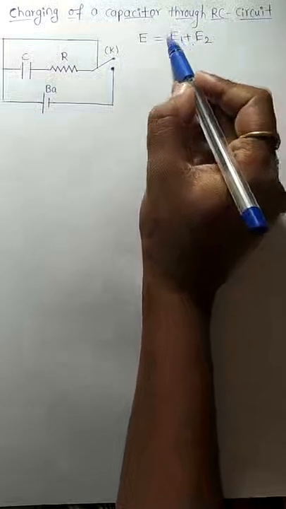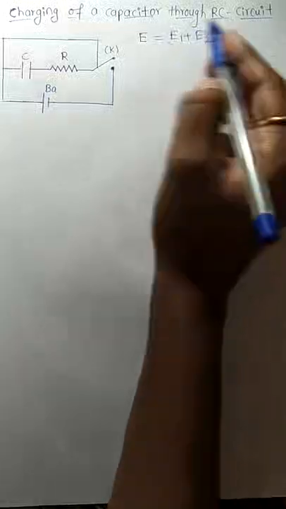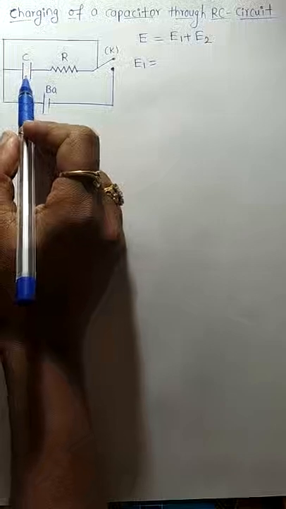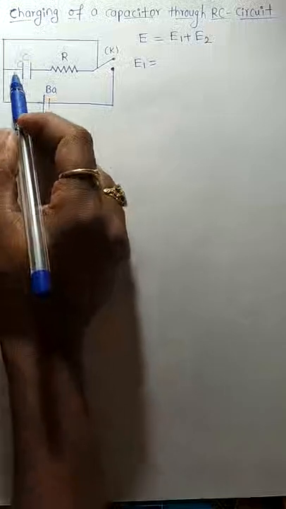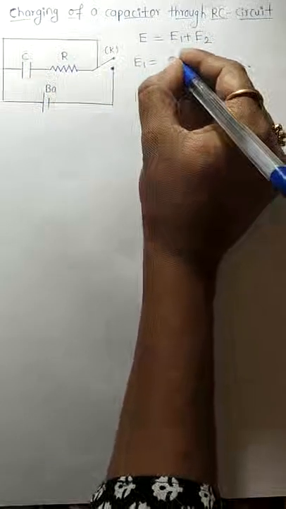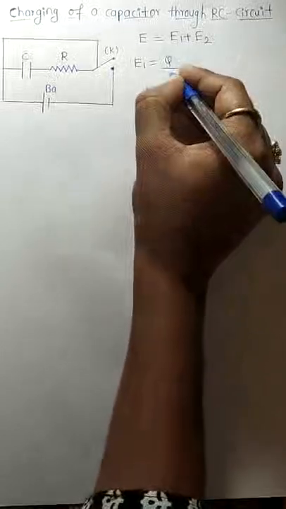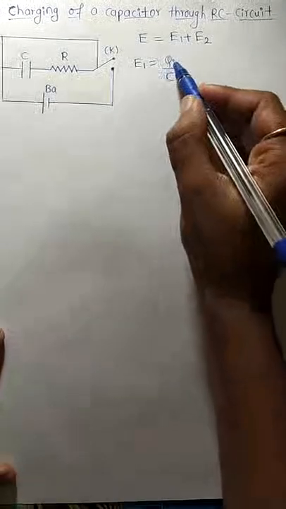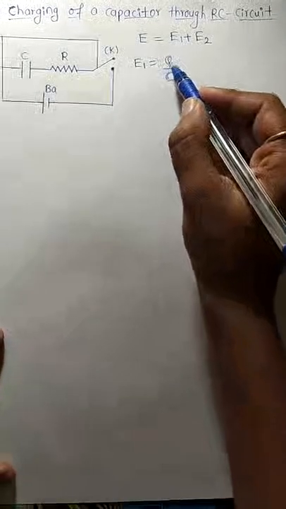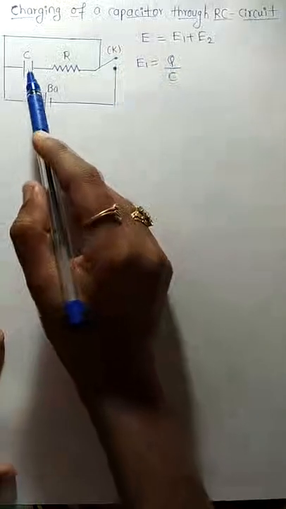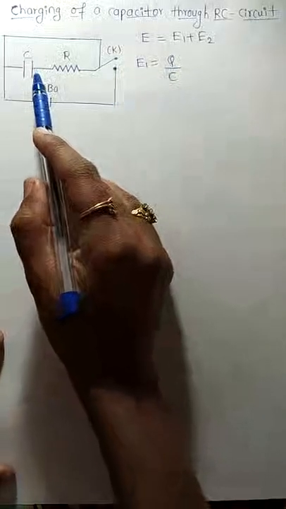So now we should find what is the E1 value and what is the E2 value. So first I'll take the E1 value. E1 is the voltage across the capacitor. So what is the voltage across the capacitor? There is one formula, that is nothing but the number of charges divided by the capacity of a capacitor, that is C. See, charges means electrical charges, like proton and electron. So how many charges it is storing, that number is Q. And C means the ability of this capacitor to store the charges.